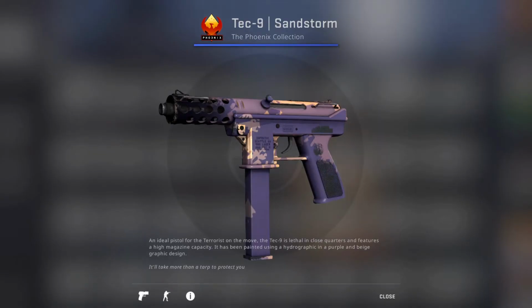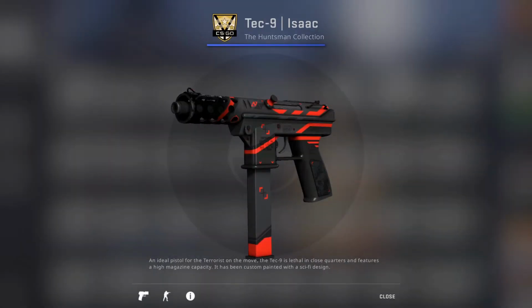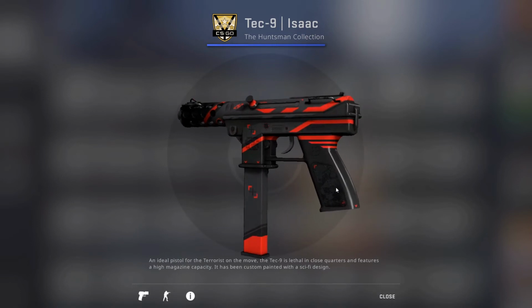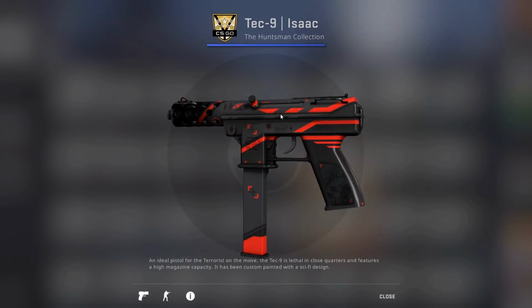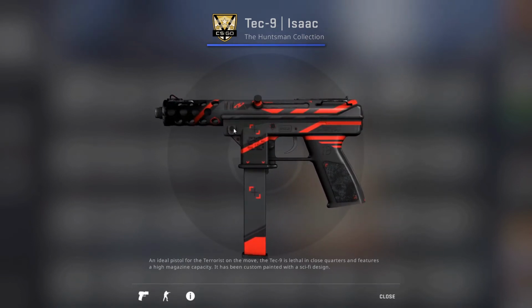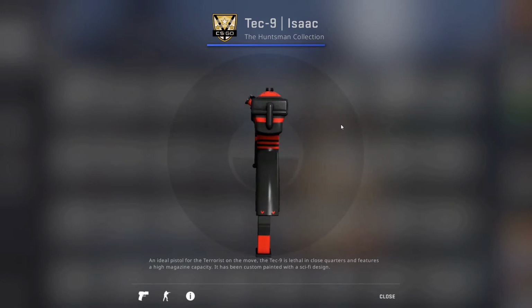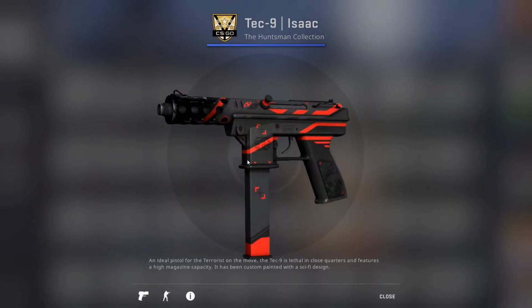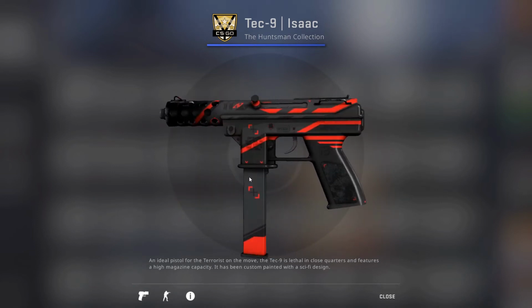But then next up is the Tec-9 Isaac. I've seen this one a lot as well. And, yeah, it's nice. It's got nice colors, like the gray and red go well together, and they're good colors of gray and red. The design itself leaves a little bit to be desired. I just stuttered super hard there. But yeah, leaves a little bit...